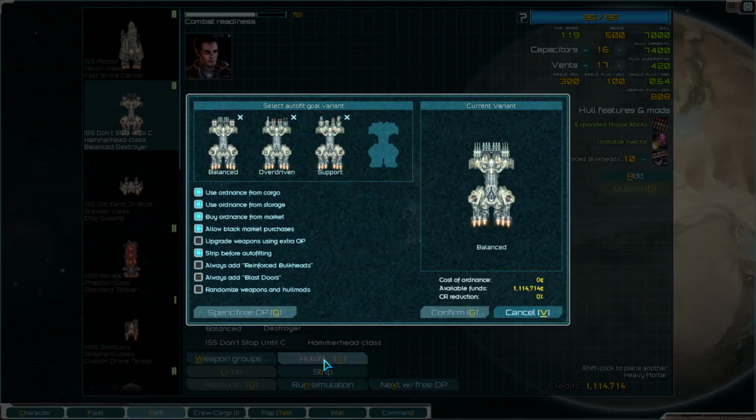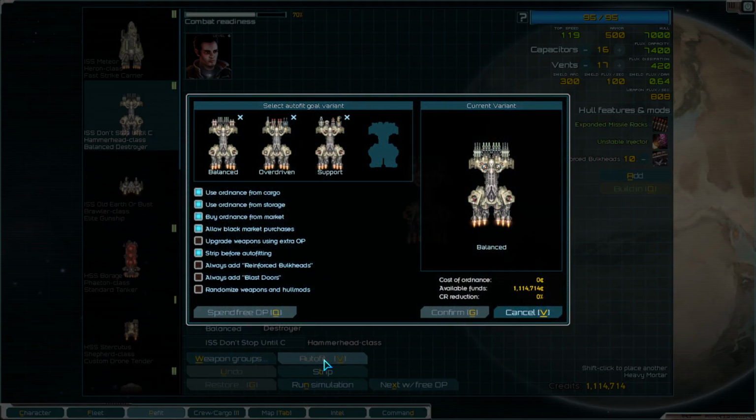Then we have the autofit option, which is actually very, very useful when first starting out, because it will equip your ship with a predefined loadout, and the developers of this game have made the predefined loadouts very, very good. So most likely if you use one of these, then they will serve you very well for a majority of the game until you understand how to